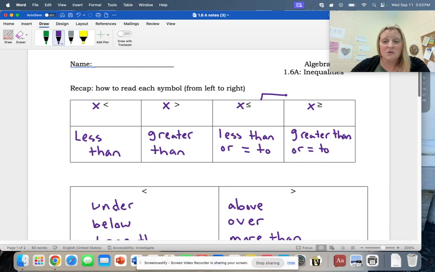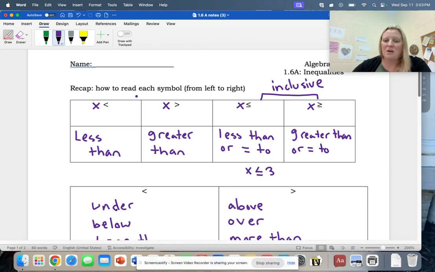Now, what I do want to do is make sure that we understand that these are what we call inclusive phrases. And that's a term that I would like to hear from you this year. So inclusive means that if I have, let's say, X is less or equal to 3, this is the same thing as saying, give me numbers that are less or equal to 3. So obviously 0, -1, -2, 2.9, all of those are clearly less than 3. But you can also use 3 itself as an answer to my question, because 3 is less than or equal